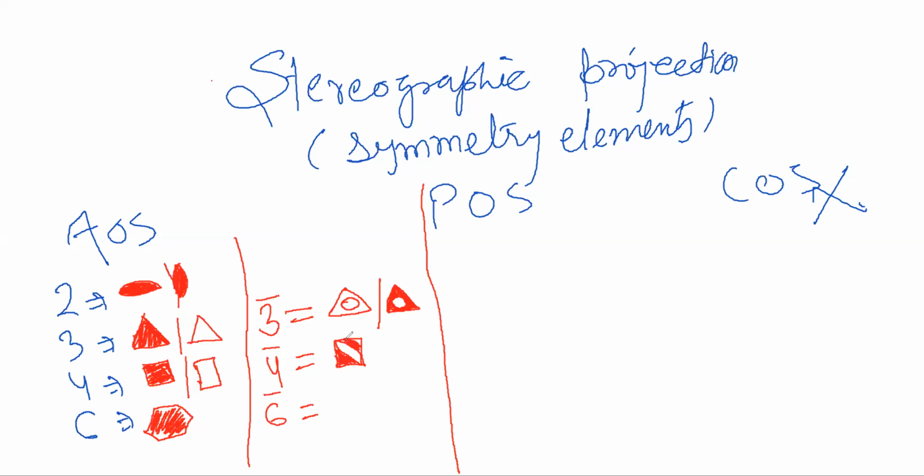Or either what we can do, we can shade the lensoid and leave the other thing as it is. In a similar way, here it can also be drawn. These things can be done. In a similar way, here we could draw the same thing,